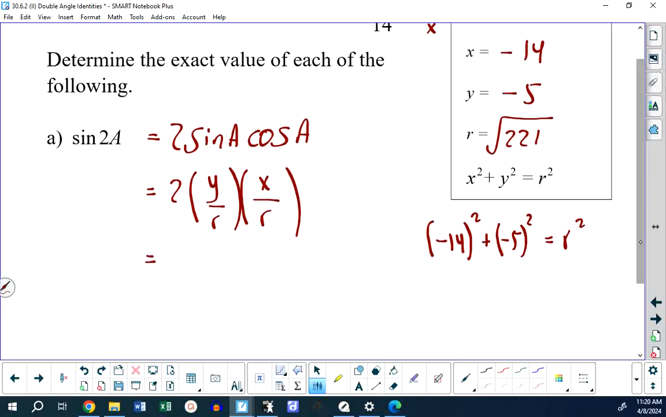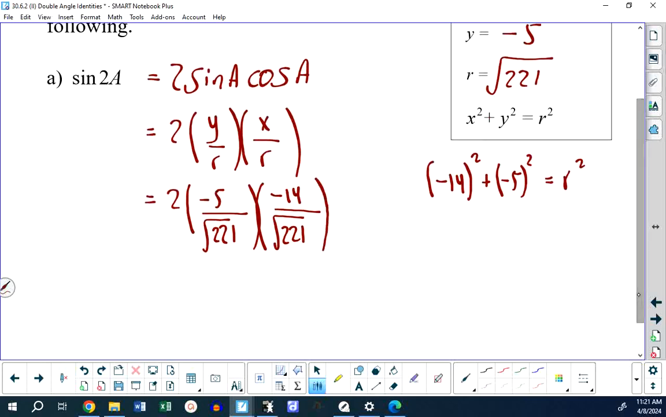The sine of angle A is negative 5 over root 221. The cosine of angle A is negative 14 over root 221. Multiply across the top, multiply across the bottom. If you can simplify, do so, and then you're done. What do we get across the top? Well, 2 times 5 is 10. 10 times 14 is 140. And negative times negative is positive. So I'm getting 140